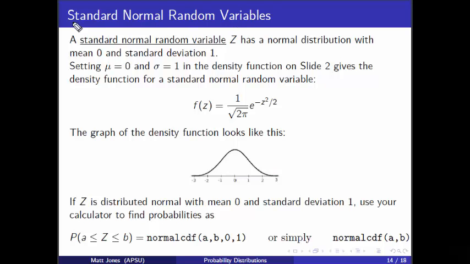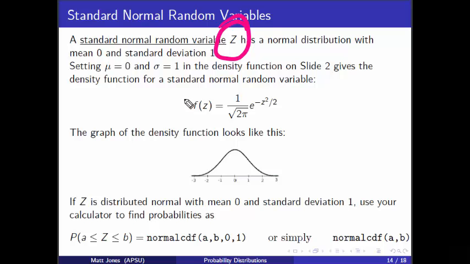You are so lucky because now we get to talk about standard normal random variables. They're called standard normal random variables because they're sort of standardized. Standardized normal random variables. That's what they are. Okay, so a standard normal random variable, Z, this is the typical notation that we use